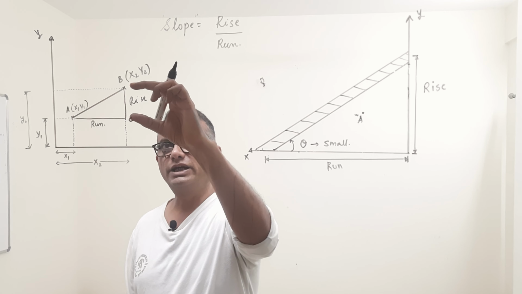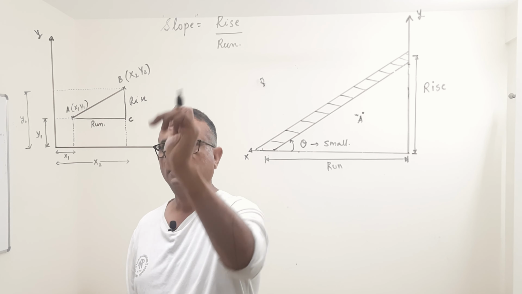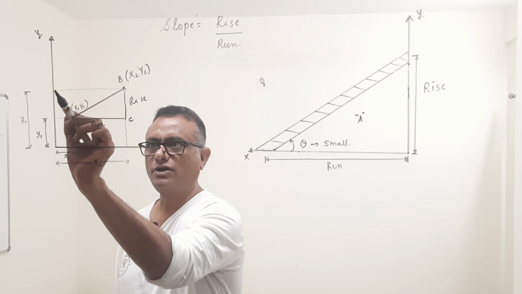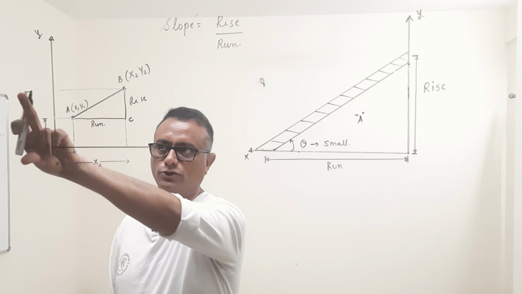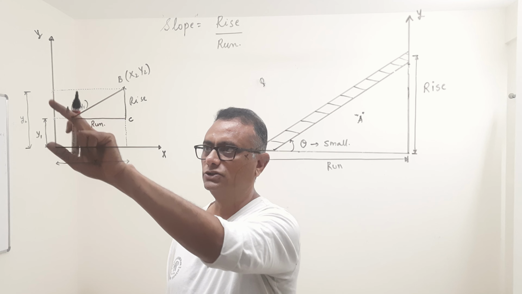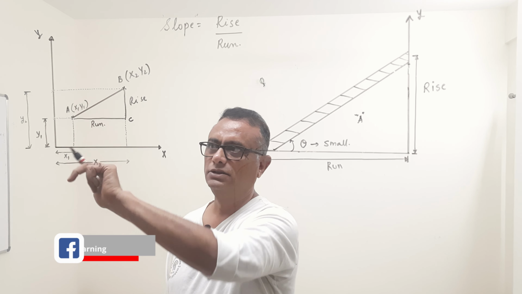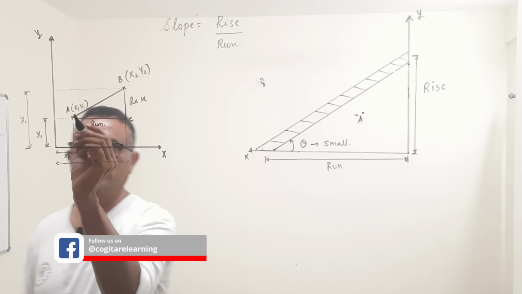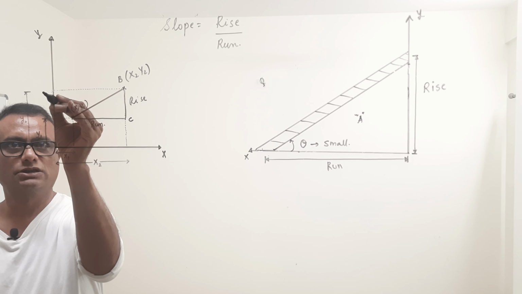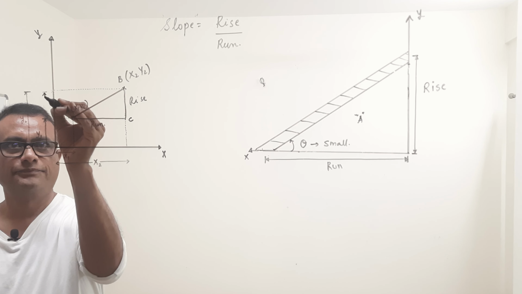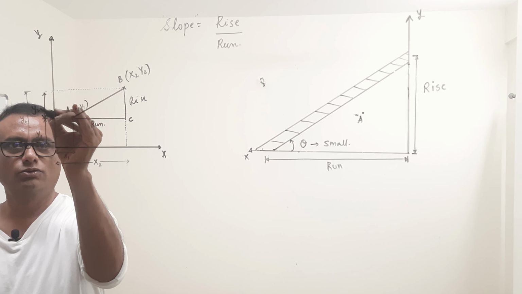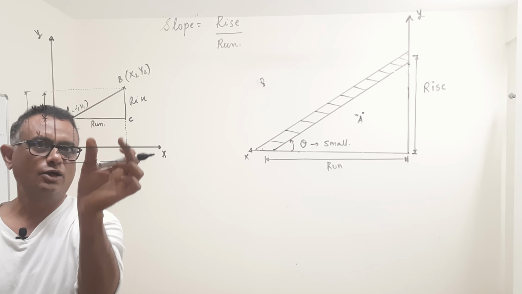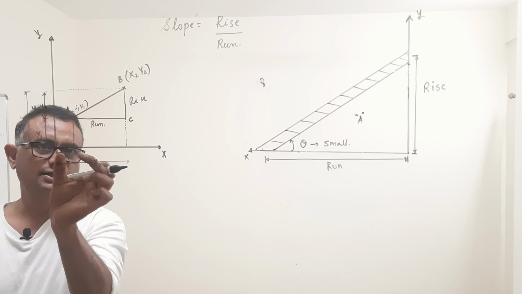Okay, so if you look at this distance BC, this is nothing but this from here to here. How do we get this? This whole thing we know is y2 and this is y1. So what is this going to be? This is going to be y2 minus y1, right? So this distance, which is the rise, is going to be y2 minus y1, and likewise this run, you would have guessed it, is going to